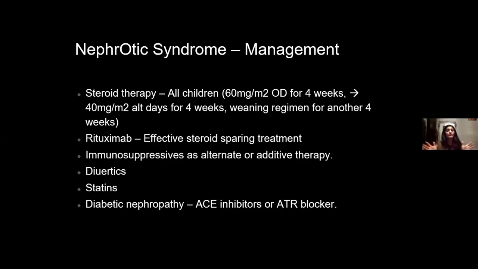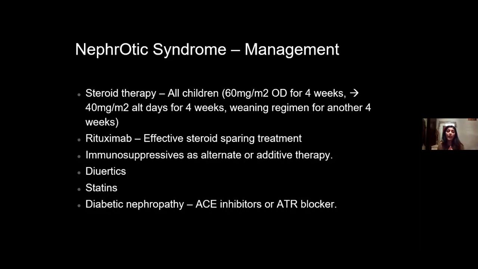So in all children, because it's always thought to be a minimal change disease unless proven otherwise, they all get steroid therapy. And a lot of nephrotic syndromes are treated with steroid therapy. You would have seen prednisolone in the management columns of all of them. So we give 60 milligrams per meter squared once a day for 4 weeks. And then we do a weaning regimen. So we slowly decrease the prednisolone dose until they're at a level where they're on alternate days and then they